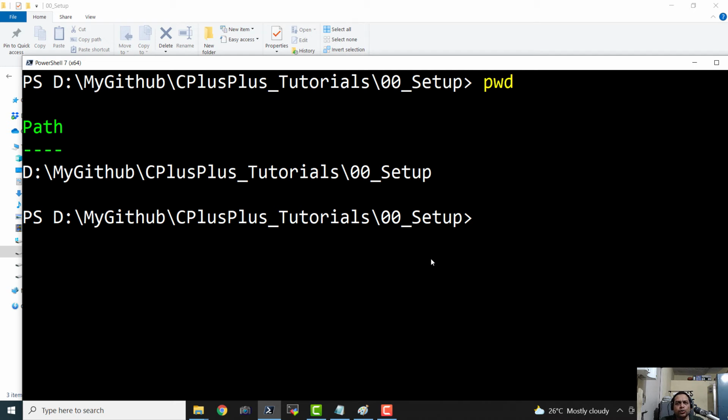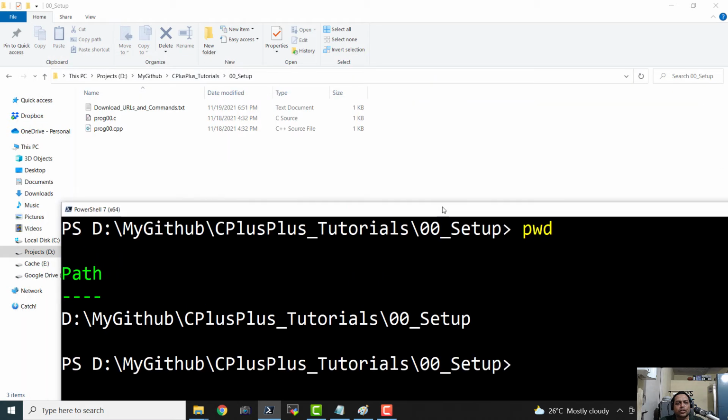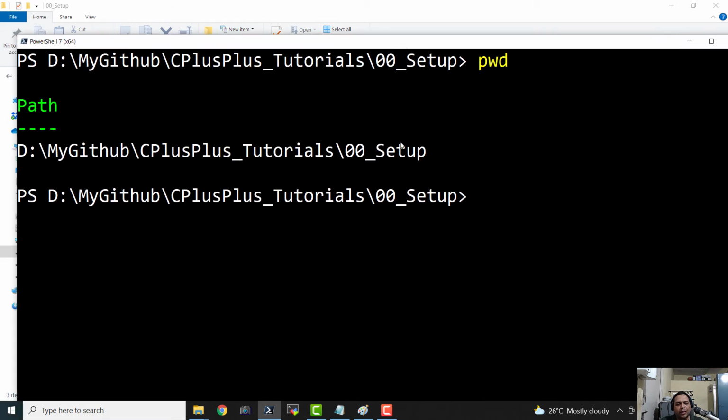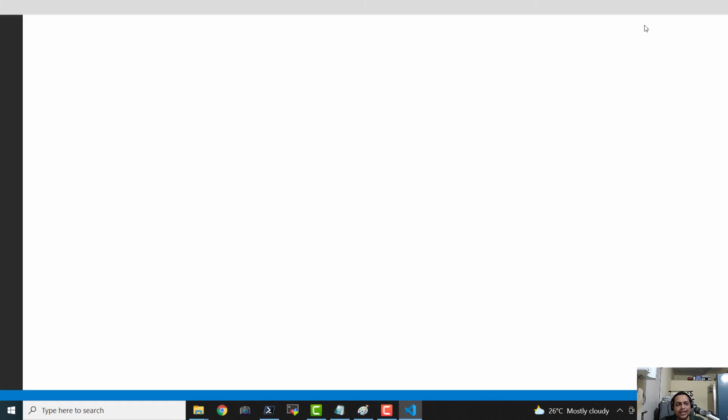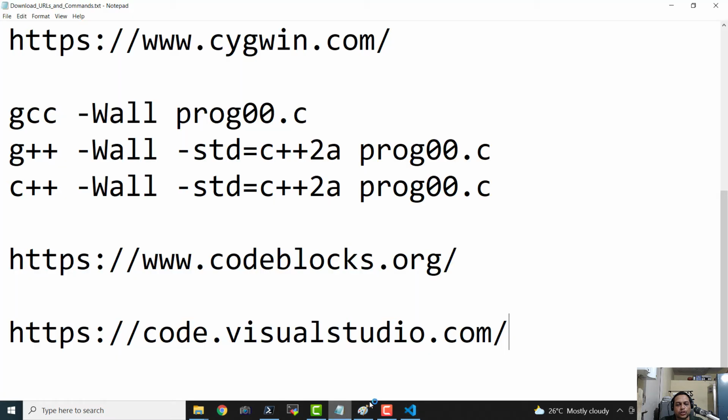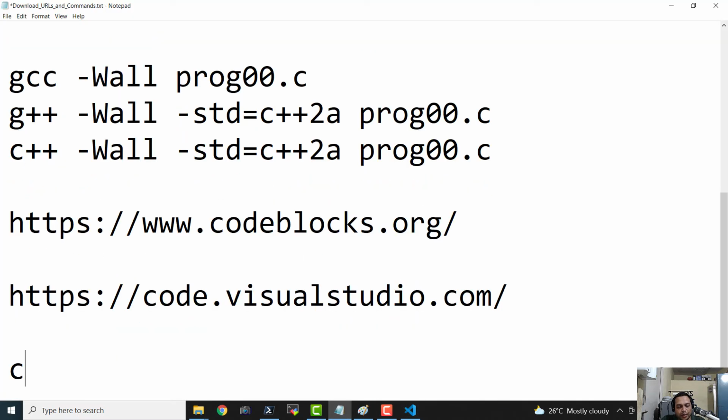Now, in order to open this with Microsoft Visual Studio Code, I need to type in a command, and that command is code and dot. If I hit enter, and let me mention this command in the document, see, it has actually opened that entire directory in Microsoft Visual Studio Code. Before I forget, I will mention that command here, code dot. Let me save this document and close it because there is nothing more to be added in this document as of now.